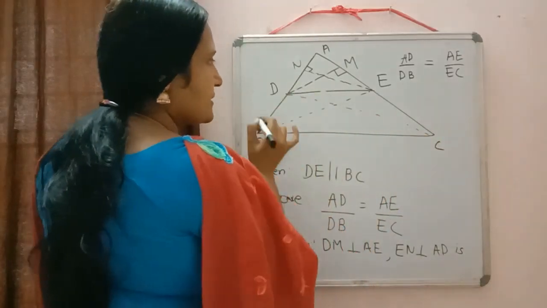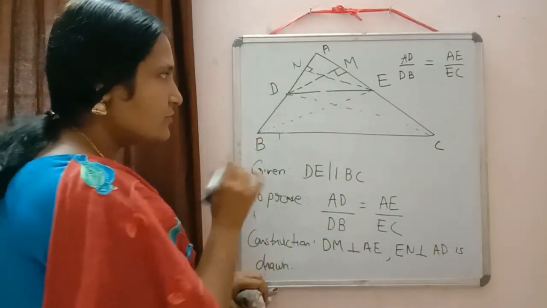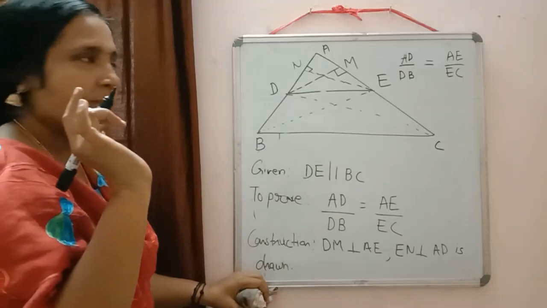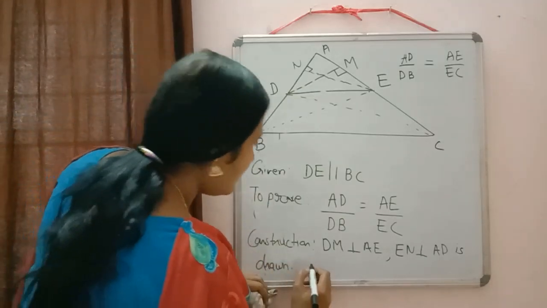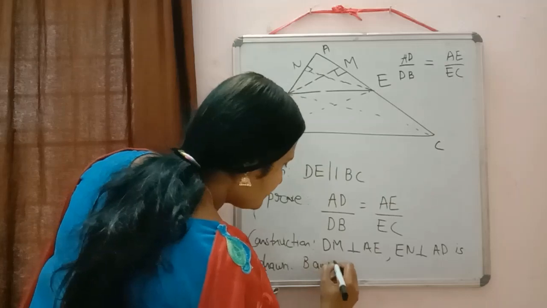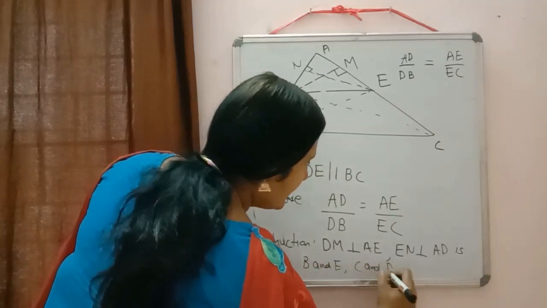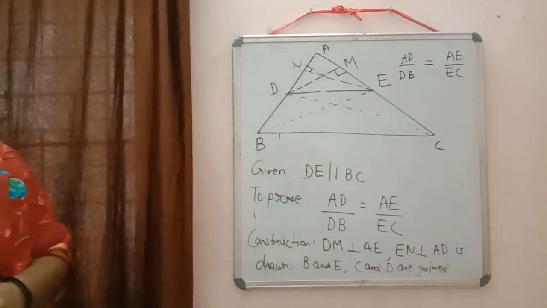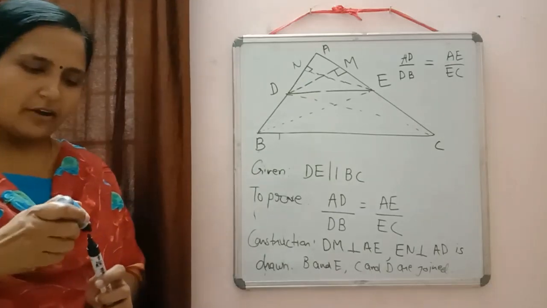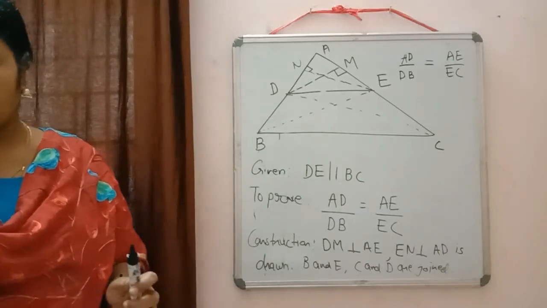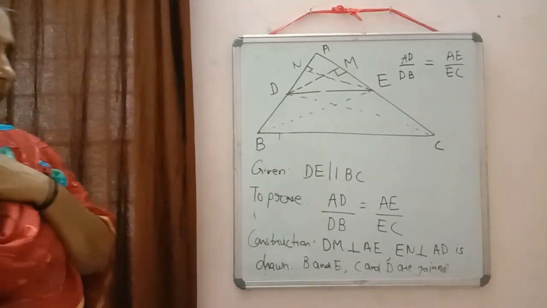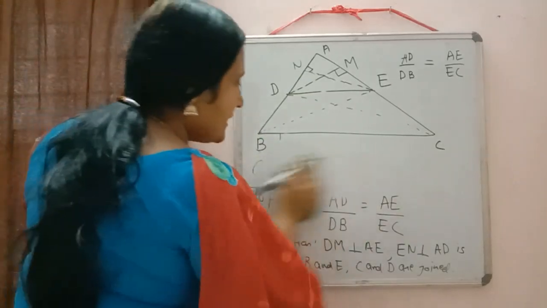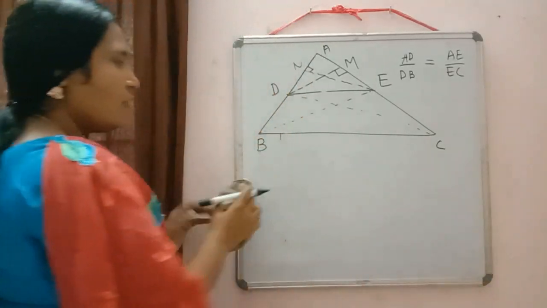Whenever you are doing a construction, it should be dotted lines there. So from there, it will be clear that you are doing the construction. It is not given in the question. So just write down there BE and CD. B and E, comma, C and D are joined. So these are the constructions which we needed to prove basic proportionality theorem or Thales theorem. So here I wrote there what we have to prove. So I am rubbing this one because we need the diagram to prove the question. Now write down proof.